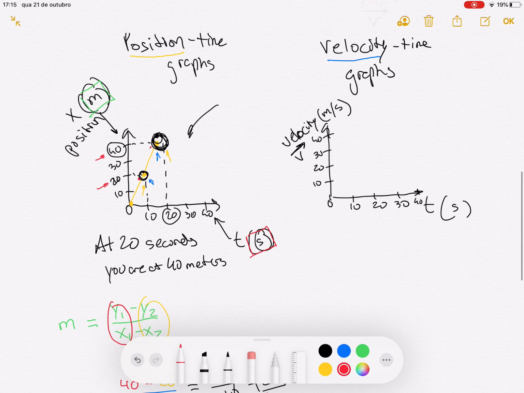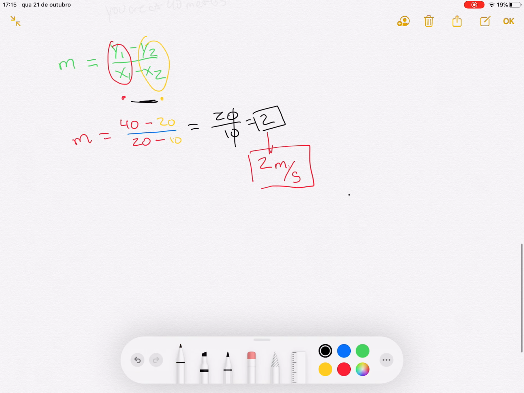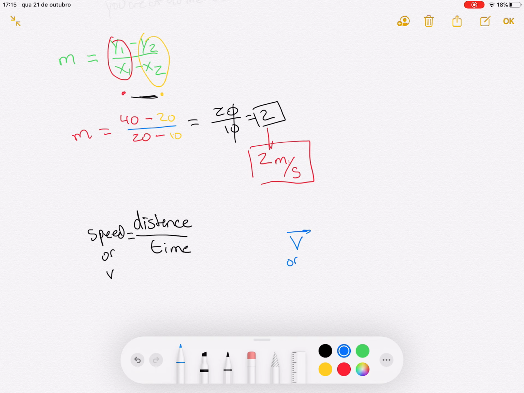Okay, so now you might still be a little bit confused about the difference between speed and velocity, so here's something that you need to know in order to not be so confused. To find speed, basically you need to do the distance traveled by an object or a person divided by time. This is speed, or just the v. Now, to find velocity, which is this, or velocity, you need to do displacement